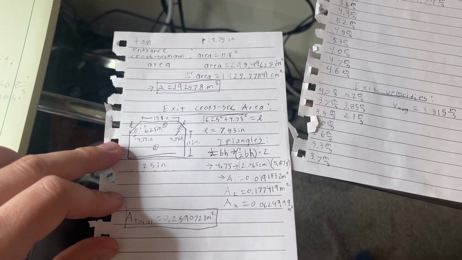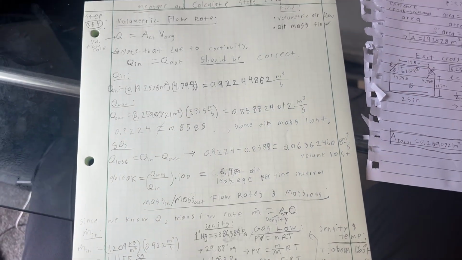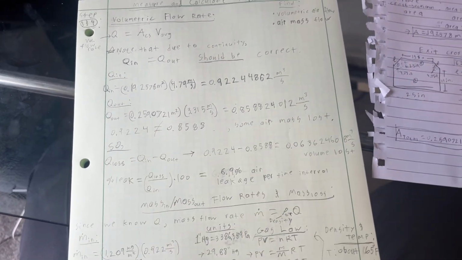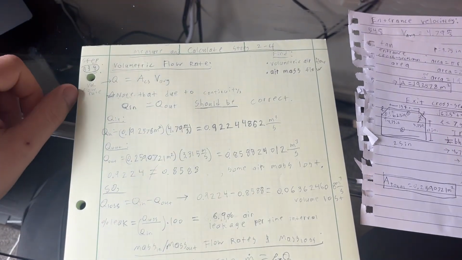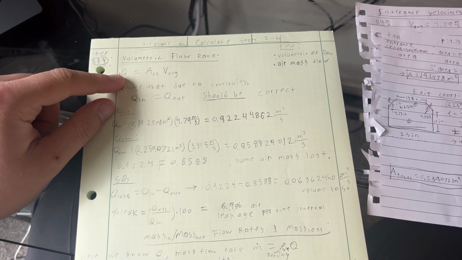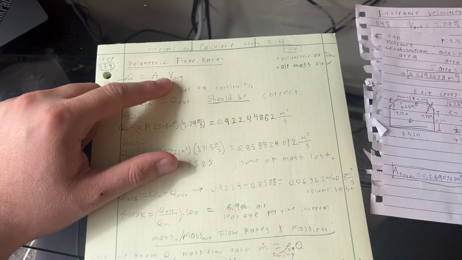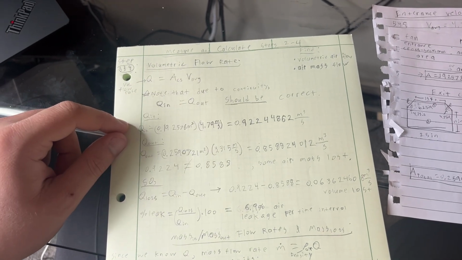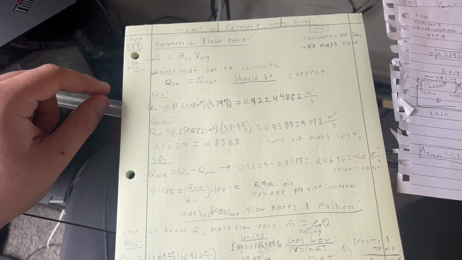then the fan's entrance, you can see from the video, is just pi r squared. So I have my area total right here. And then for my steps 3 and 4, you can see I calculated the volumetric flow rate first. Q equals cross-sectional area times average velocity. So Q in should equal Q out, but the tunnel is of course not airtight, so I calculated